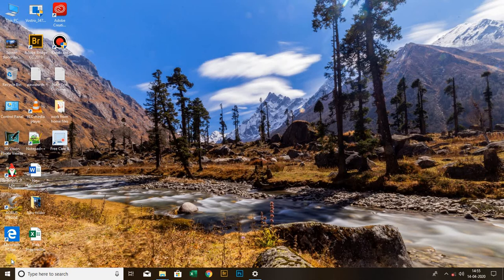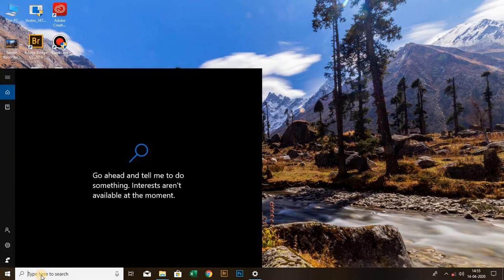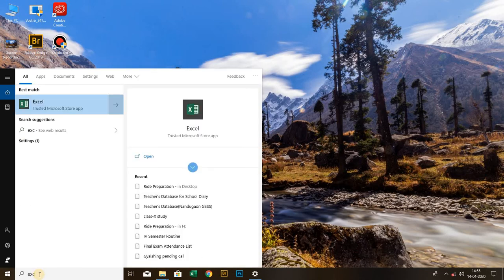So to open our first Excel file, we'll have to click on the search box on the taskbar, and as you can see, we'll have to type Excel over here.